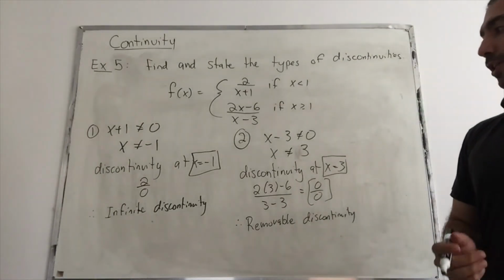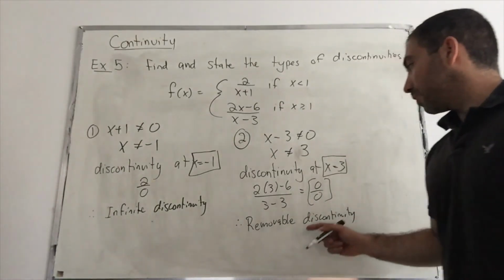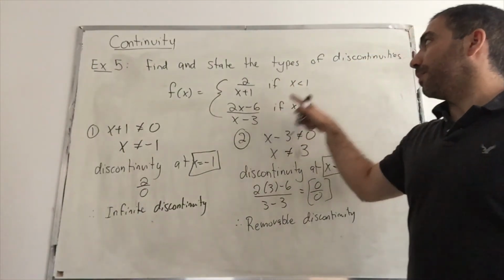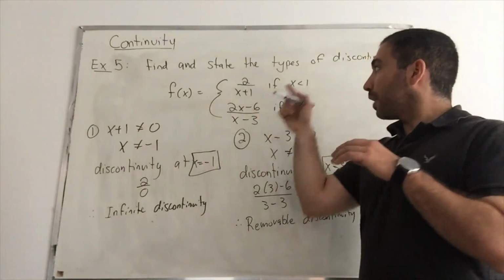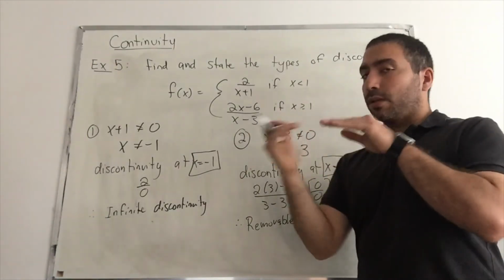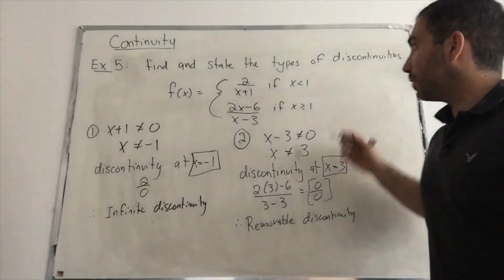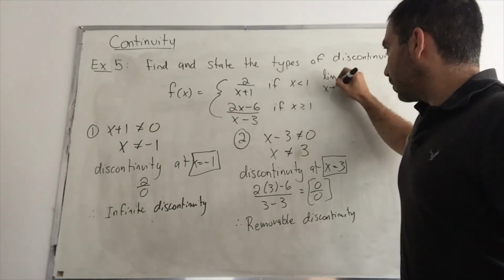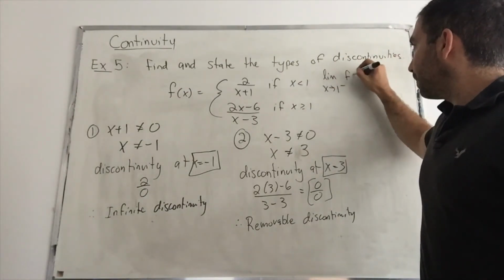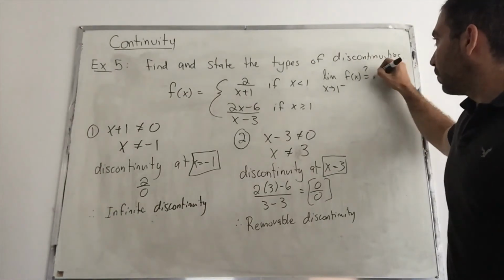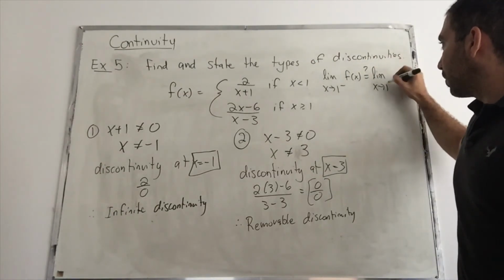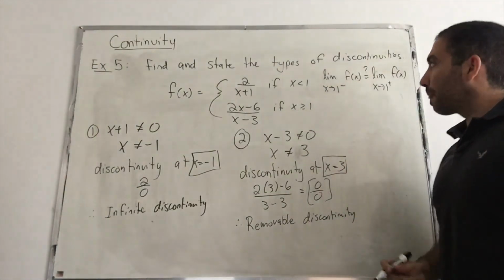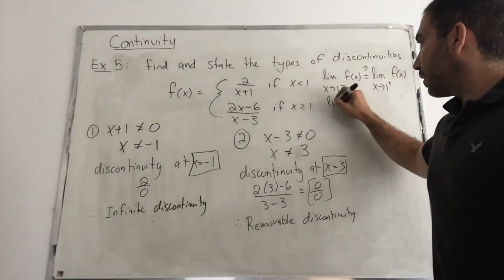And the last that we have to check is for jump. So for a jump discontinuity, you have to ensure that the left-sided limit and the right-sided limit, this break at x equals 1, do the two functions meet? Do they touch? So in order to do that, we take the limit as x approaches 1 from the left side of the function and check if it's equal to the limit as x approaches 1 from the right side of the function at 1. So the left-sided limit,